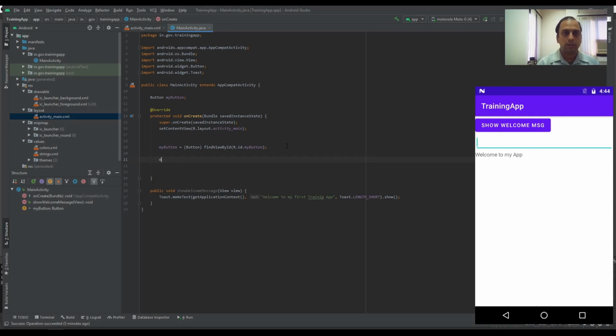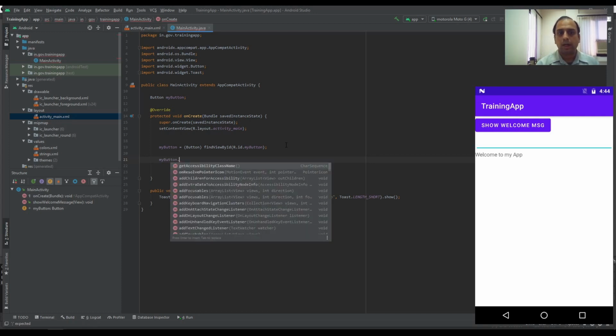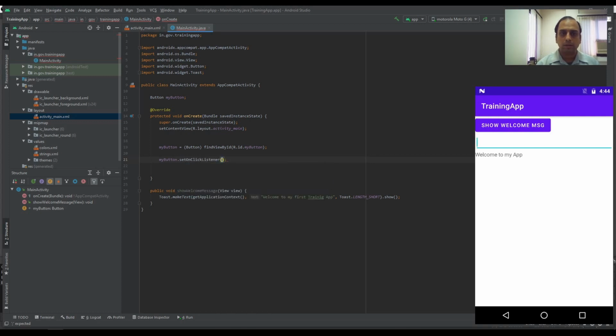Now, after the dot, what I want to do is create an on click listener. Set on click listener, press enter, and here I want to set a new on click listener.